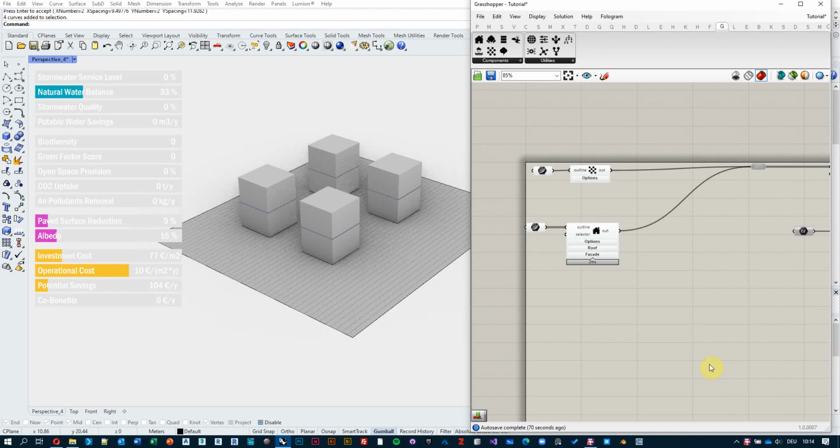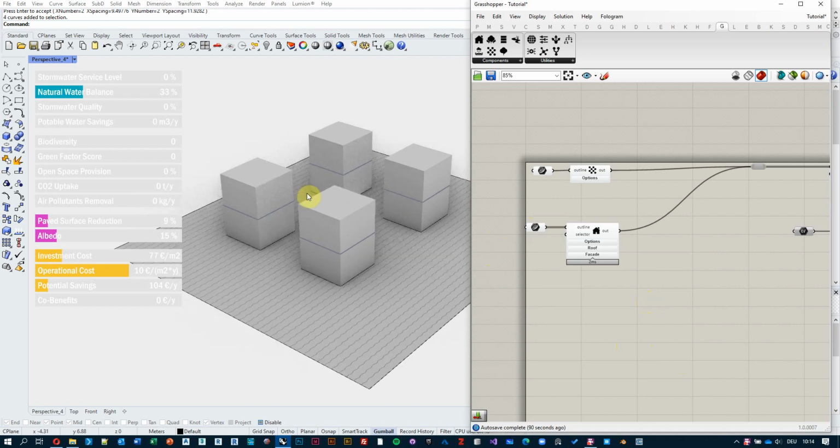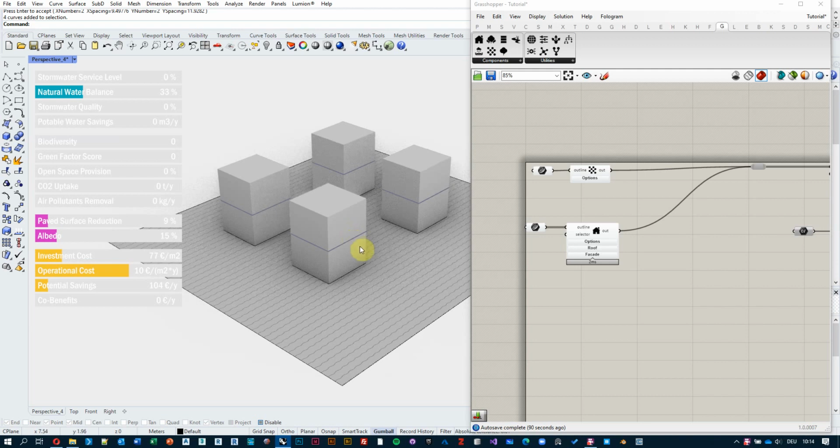Welcome back to our video tutorial series on how to use GreenScenario. In this episode, we're going to look at how we can automate some tasks that can become mundane while working with more complex projects. So one of the examples over here is, what if we wanted to place 4